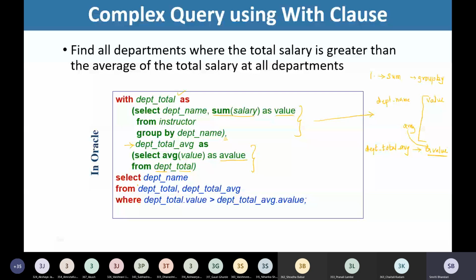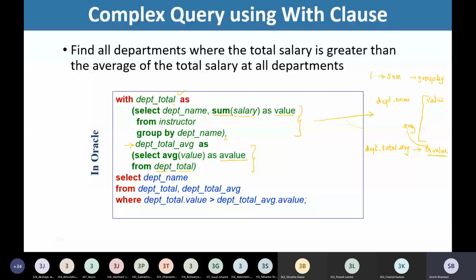Select what we want. We want to find out the department name where the total salary is greater than the average of the total salary at all departments. So select department name from, we are making use of both of these tables. Department total, which is giving us the grouping of data with respect to department name, and we have the sum of salaries of each department.